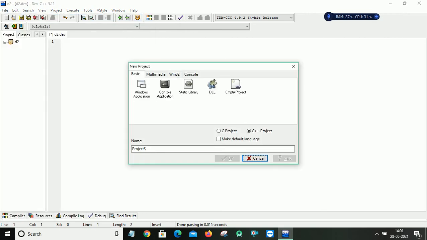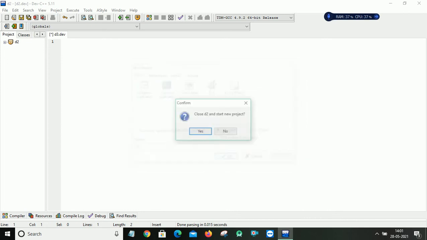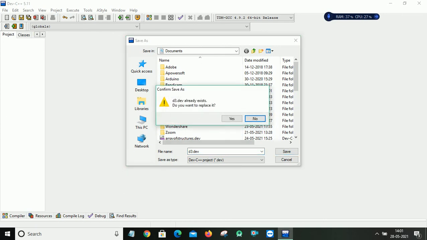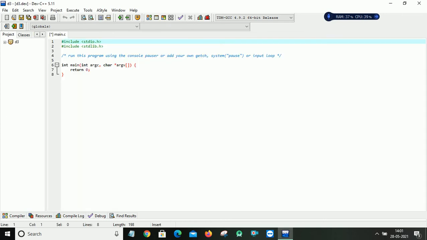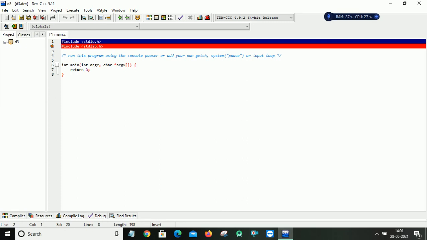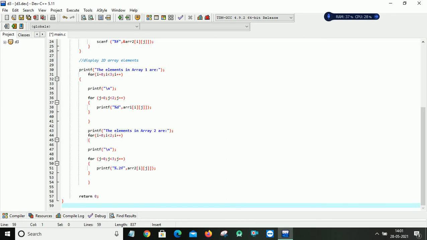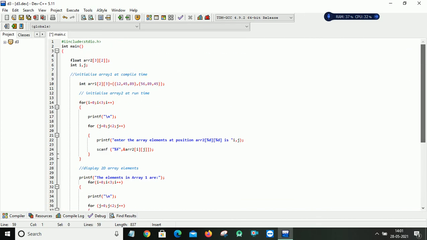So simply I'm taking my console application. I'll give my project name as D3 and this is of type C project. Then okay, yes. Okay, here I changed. Here I copy my program. So now it is perfectly a C program.